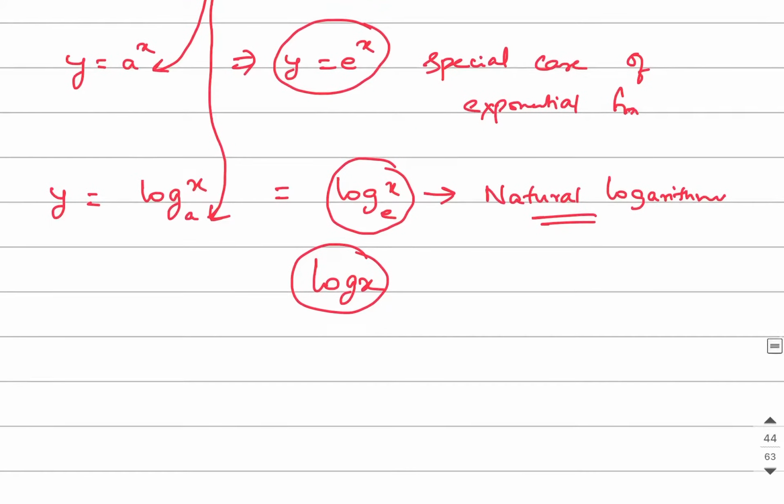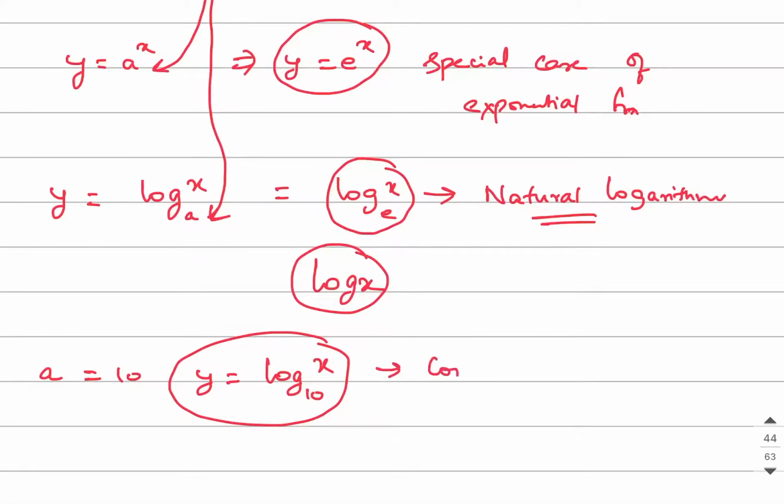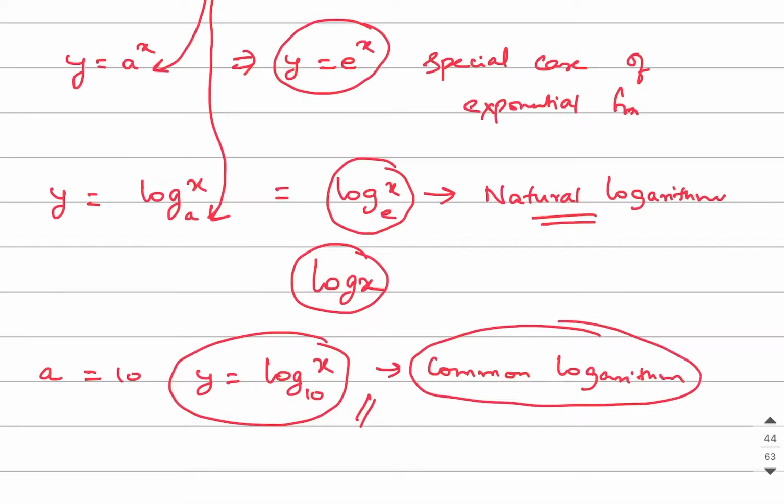To explain, if the value of the base is 10, then this can be written as log of x base 10. This log of x base 10 is what is called the common logarithm. The common logarithm values are the ones on which your log table, the Clark's table, is based. In the log book, whatever value is calculated is according to the common logarithm. Whereas in your math, when you are solving problems based on calculus, that is differentiation or integration, when they give you log x, you need to have it clear in your mind that we are dealing with natural logarithm, meaning the base is going to be e. Please be very careful with this.